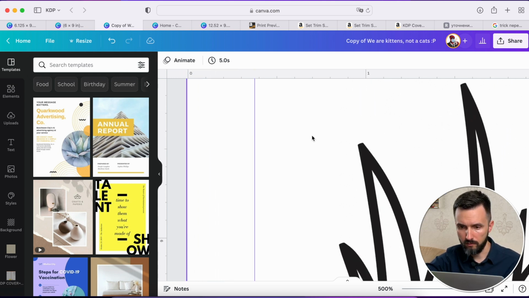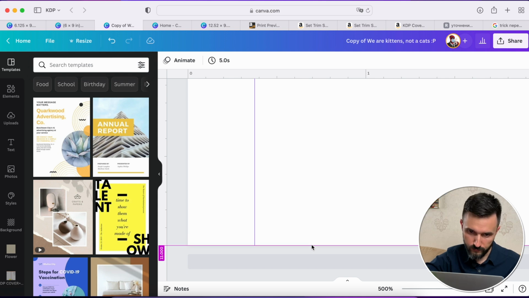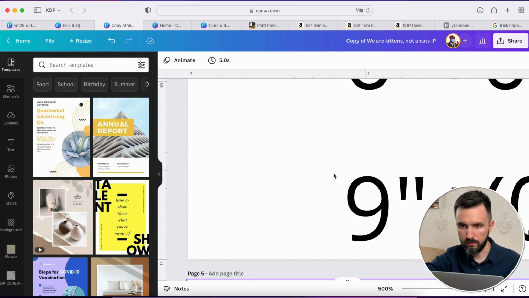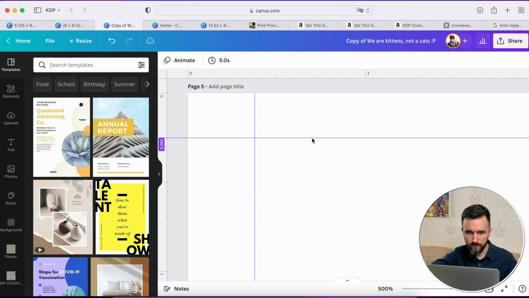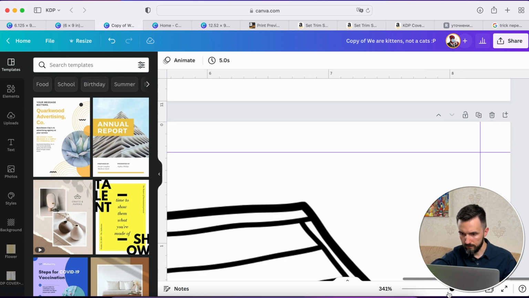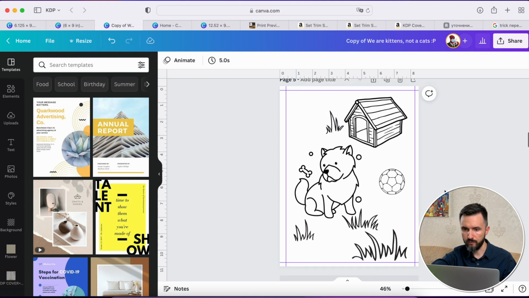From the bottom, as you remember, 0.25. Start from 11 above, and from the right side, yes. Decrease the size, and as you can see, our measurement.